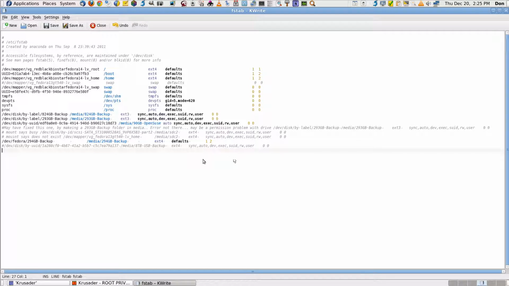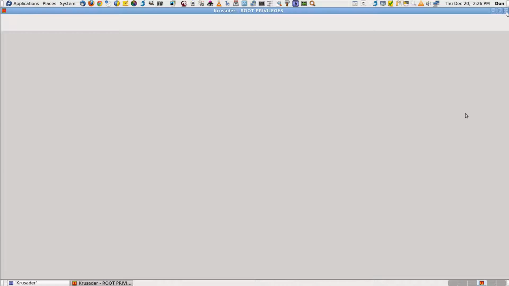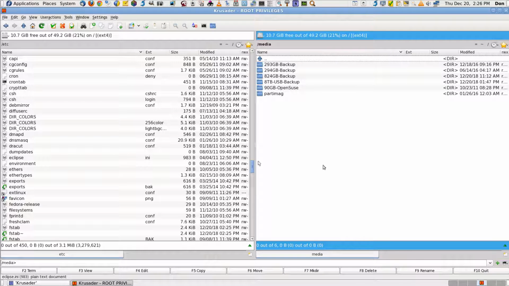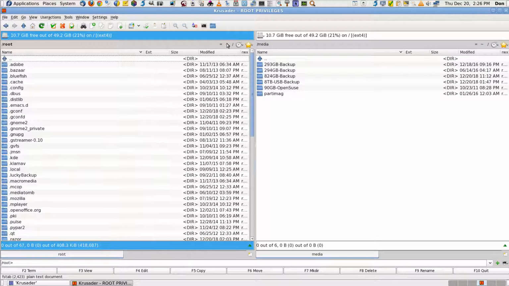I tried the auto, didn't I? Yeah, I tried the auto. I tried the Ext4. And I think I had to use auto on that other one for some reason. That OpenSUSE drive, I think it might have been an LVM. It was inside of an LVM, and auto worked, I think. Okay, so